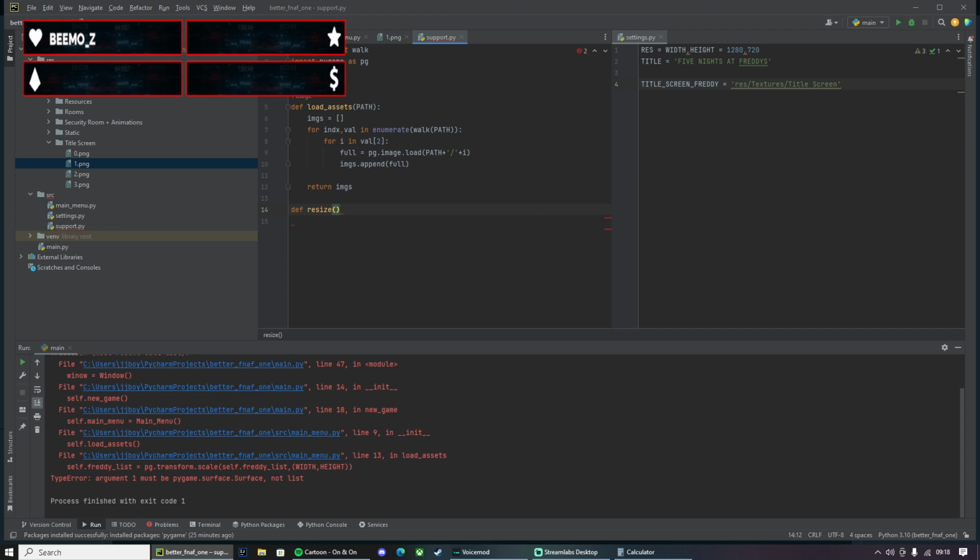Resize. List, comma, width, comma, height. So then we'll just do for i in path or list even. So we'll loop through every single list. We'll have to make a new list.